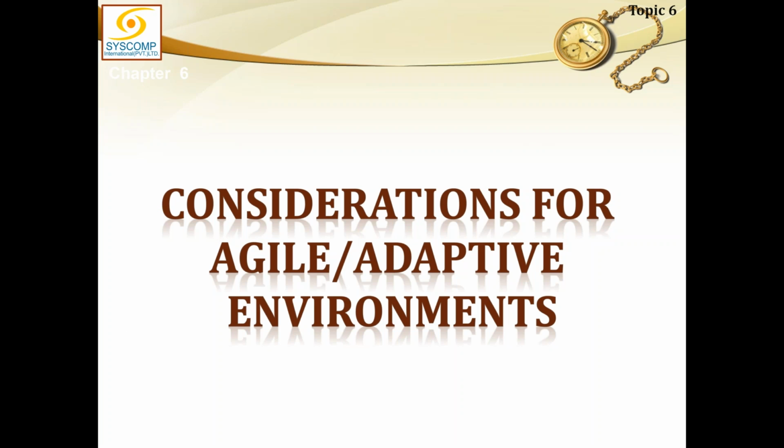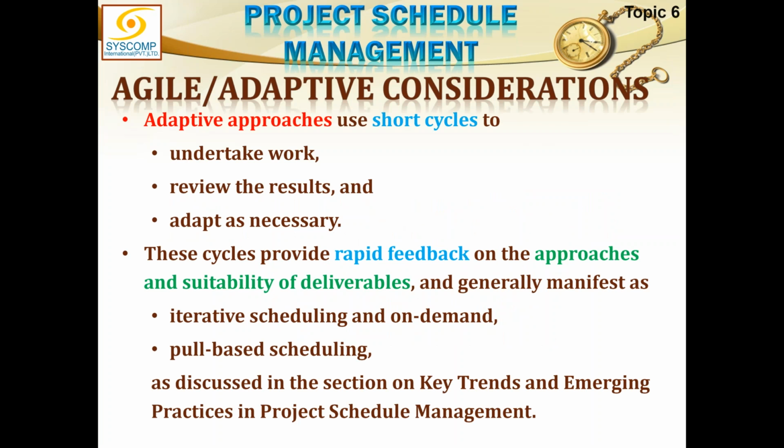Coming over to the considerations for agile and adaptive environments specifically, adaptive approaches use short cycles. Like, we already said that we have iterations, small iterations. In these small iterations, we undertake work only in one iteration at a time, and then we review the result of each iteration and then adapt as necessary. Ultimately, we learn lessons from every cycle, every iteration, and we use that lesson learned in the next iteration. These cycles provide rapid feedback, because these cycles are very small, on the approaches and suitability of deliverables, and generally manifest as the iterative schedule and on-demand